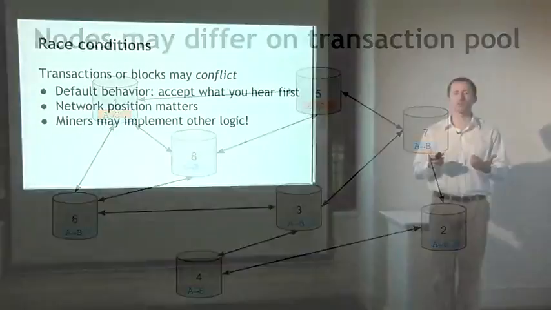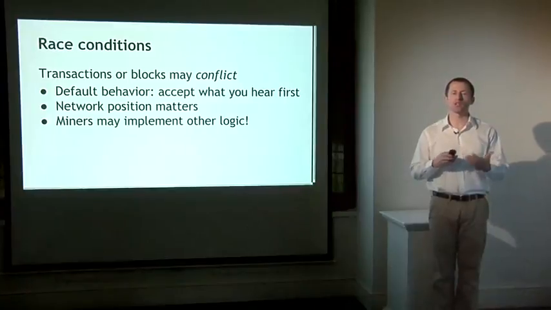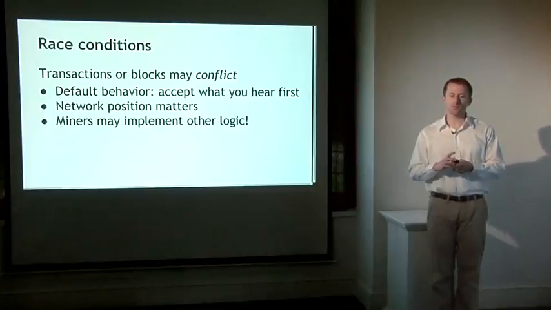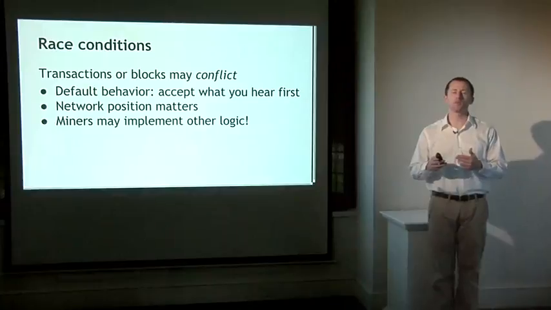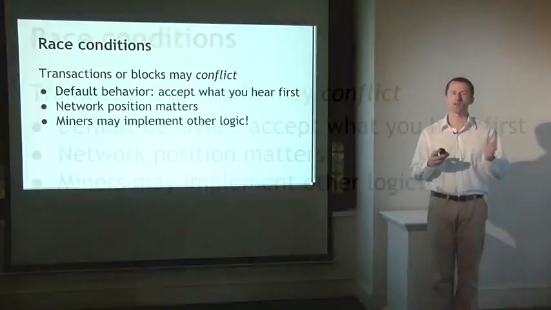In practice, this is a race condition. If nodes have a different perspective on which transactions are pending or which blocks have been accepted, that's okay in a temporary state, and eventually they'll sort it out. So in the case of transactions, if different nodes have a different view of the pending transaction pool, depending on who mines the next block, they'll essentially break the tie or the race condition and decide which of those two pending transactions should end up being put permanently into a block.